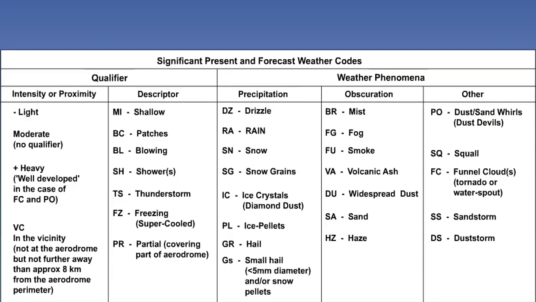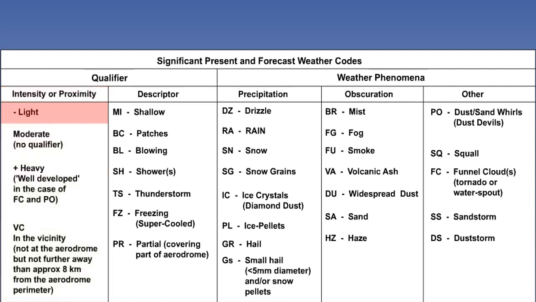The next section of the METAR deals with weather groups. This signifies what weather is actually prevailing at or near the aerodrome at the time of the observation. This is a complete table showing you what codes can be used to describe the weather. The first column shown here represents the intensity or proximity of a weather phenomenon. These are